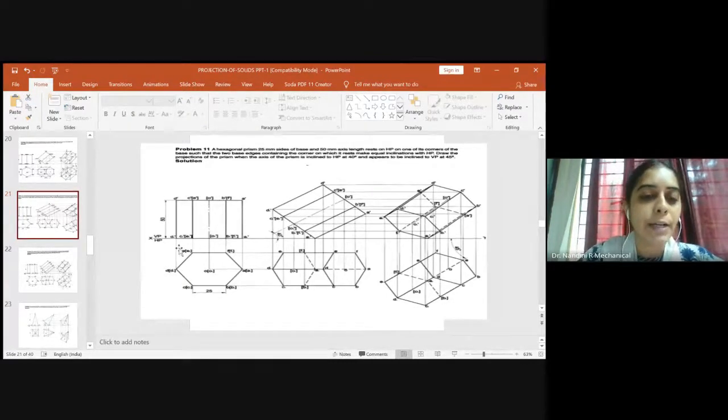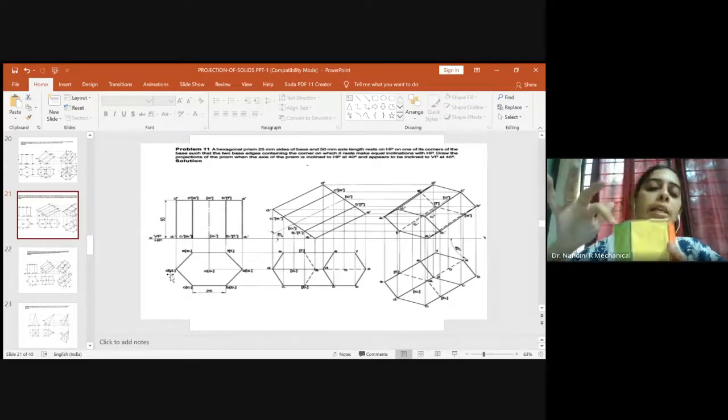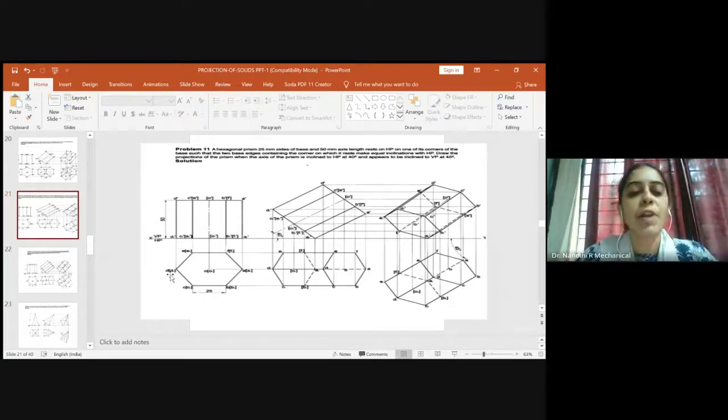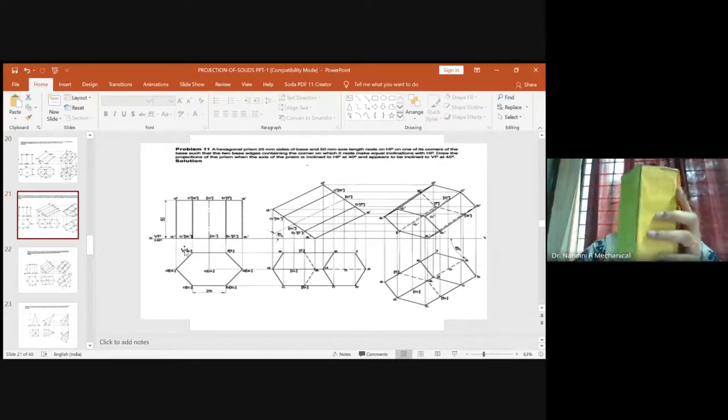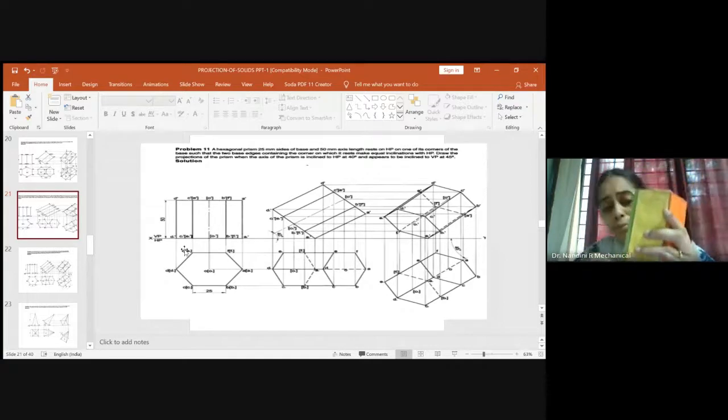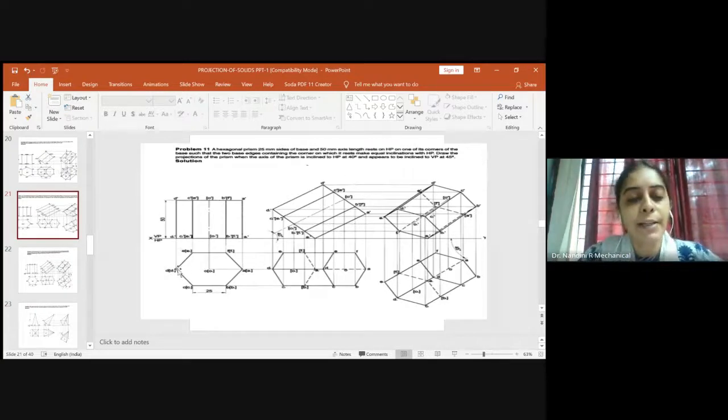So before going to that, do the naming. I told you the top surface will be visible and the bottom will not be visible. So the top surface A, B, C, D, E and F will be visible. So first write down A, B, C, D, E and F. And now come to the bottom surface. You have A1, B1, C1, D1, E1 and F1. So this won't be visible. So all these you kindly write within the bracket. So this completes the first stage of our top view. And always remember, this provides the true shape of the base of the hexagonal prism.